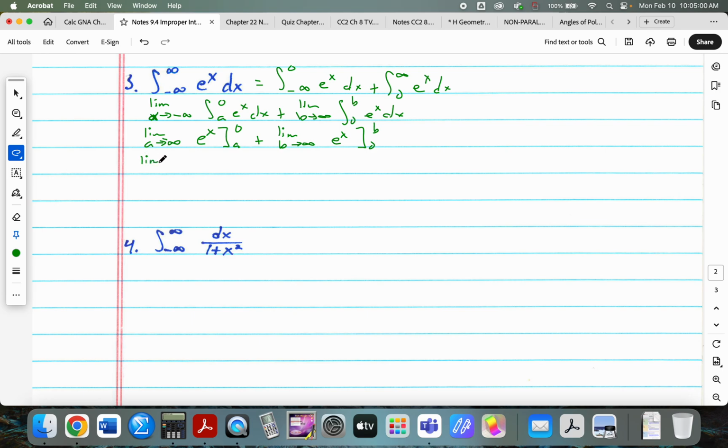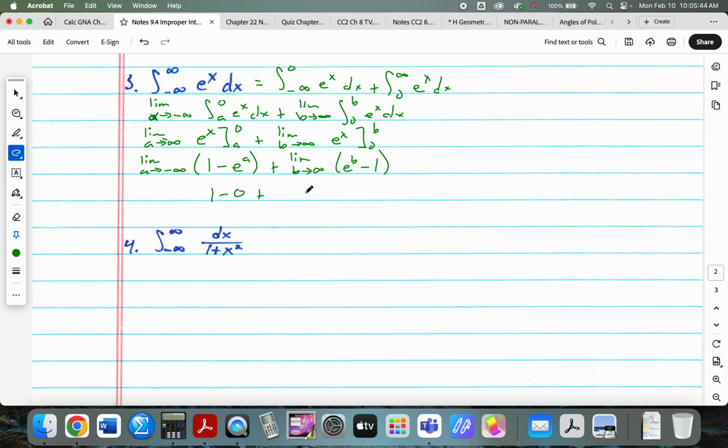So this would be the limit as a goes to negative infinity of e to the 0, which is 1, minus e to the a, plus the limit as b goes to infinity of e to the b minus e to the 0, which is 1. For the first half, it looks like things are going to go all right. We've got 1 minus, as a goes to negative infinity, that's 1 over e to something really, really big, that goes to 0, plus,